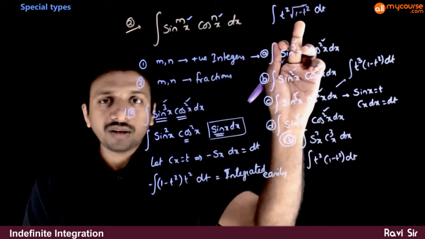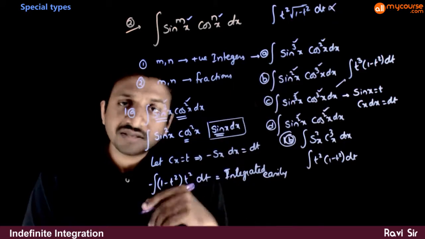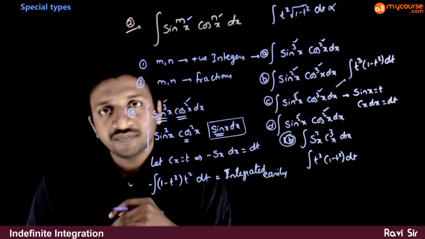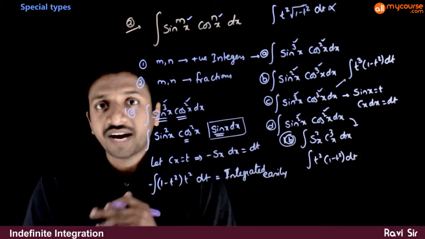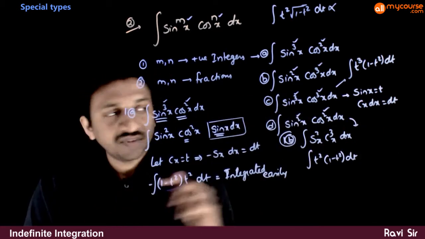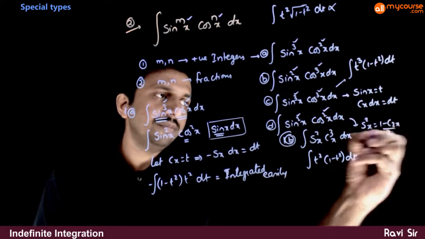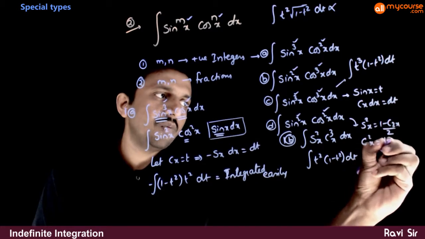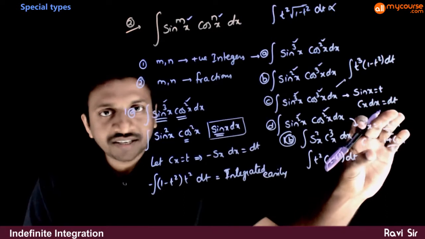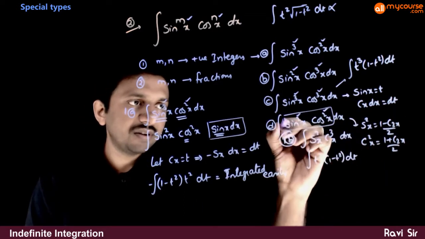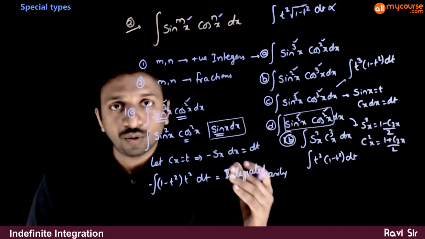So you get a root which is very difficult to integrate. So this is not a good process if both the powers are even. If both the powers are even, the process that we do is we use trigonometric identities to reduce the power. Say sin square x is equal to 1 minus cos 2x by 2. Cos square x is equal to 1 plus cos 2x by 2. So we use these identities and reduce the power successively, and then once every trigonometric ratio goes to power 1,